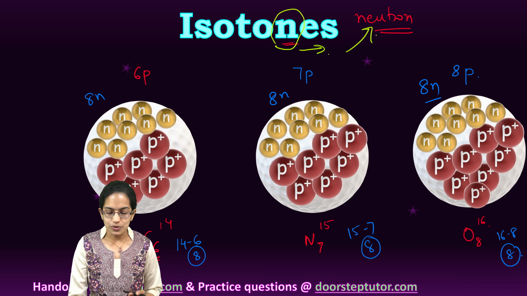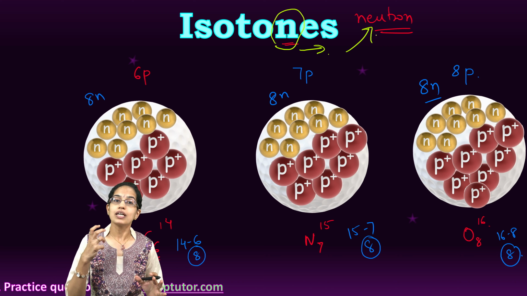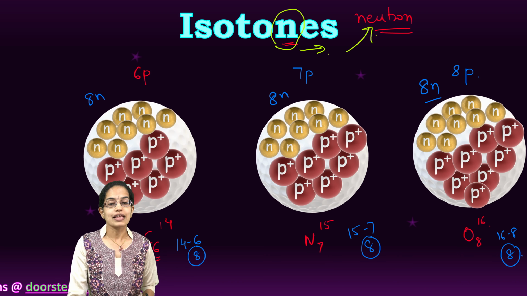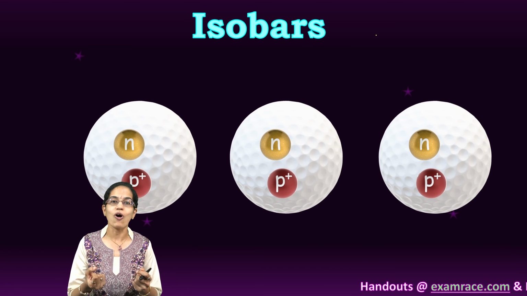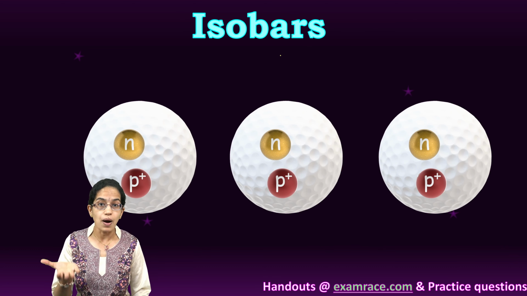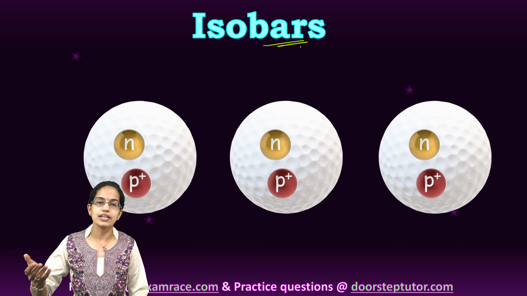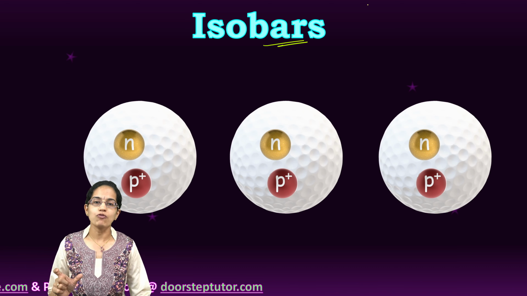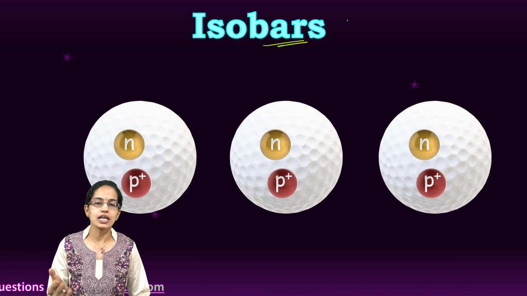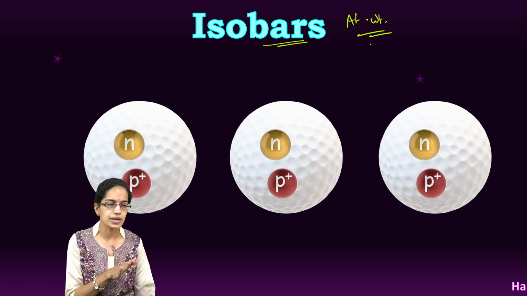Now, protons and neutrons combined, what would they give? It would give the atomic mass, and this atomic mass is the weight, as you can understand, or in other words, it's the bhar that we call in Hindi, or the relative word here would be bar. So it's isobars, and therefore what is the same here? Here you have the mass number that would remain the same in all three cases.